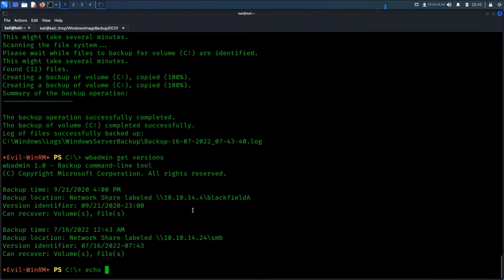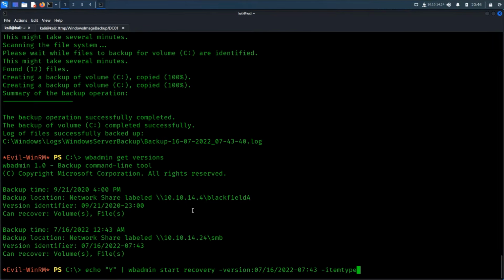So we'll just say echo y, wbadmin start recovery, version 7/16/22 07:43,